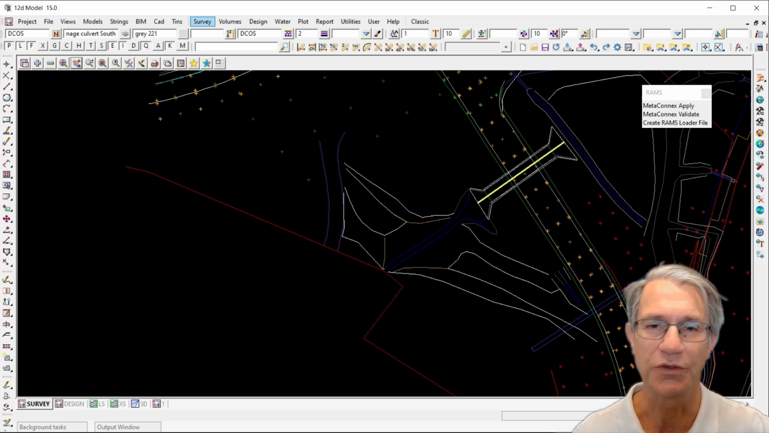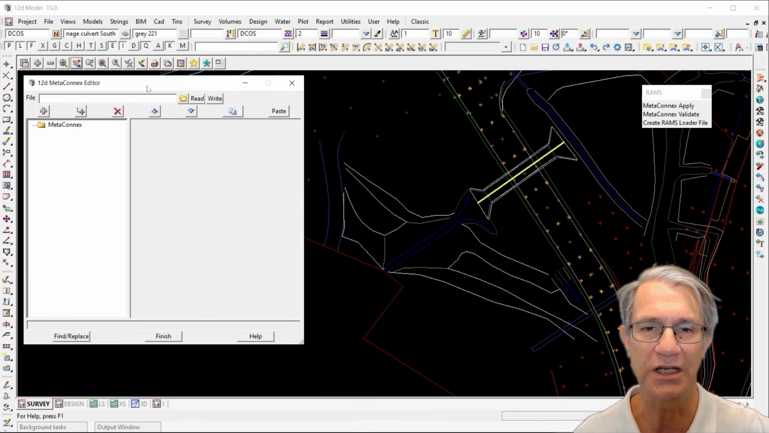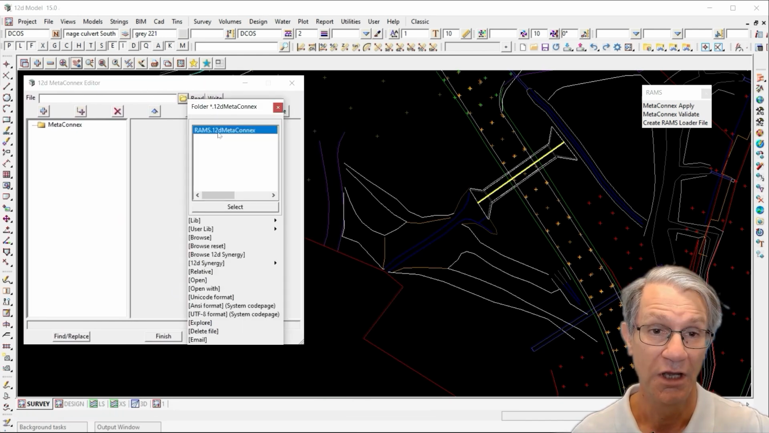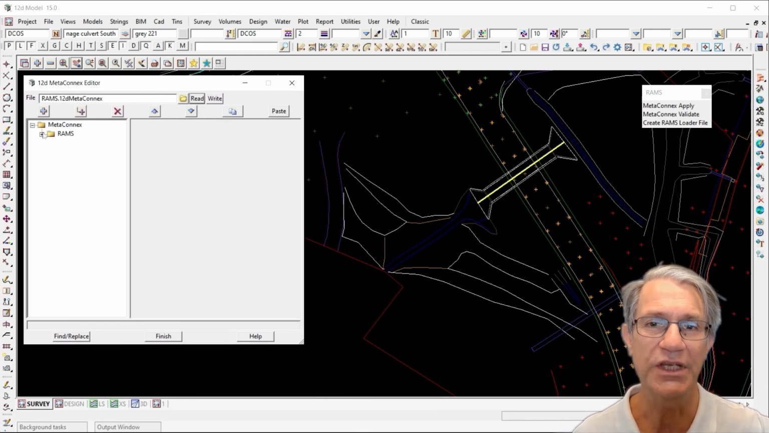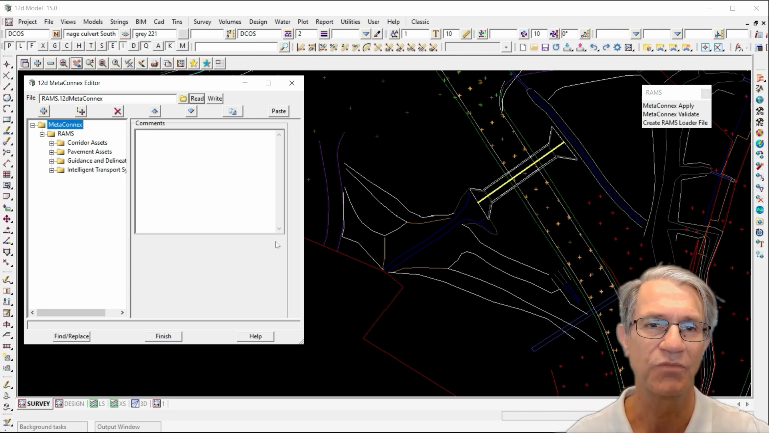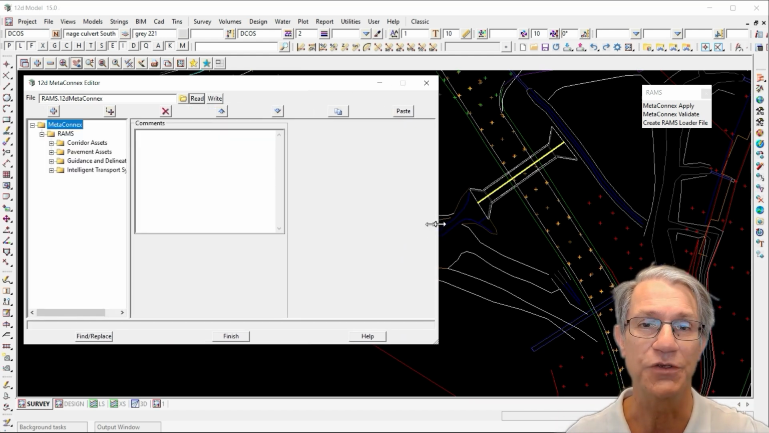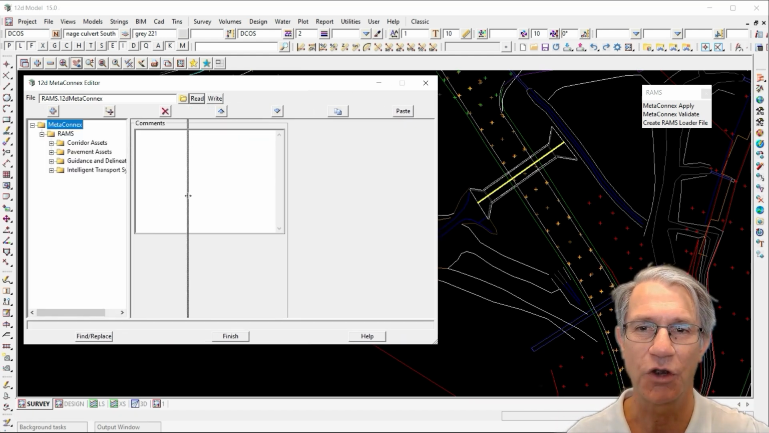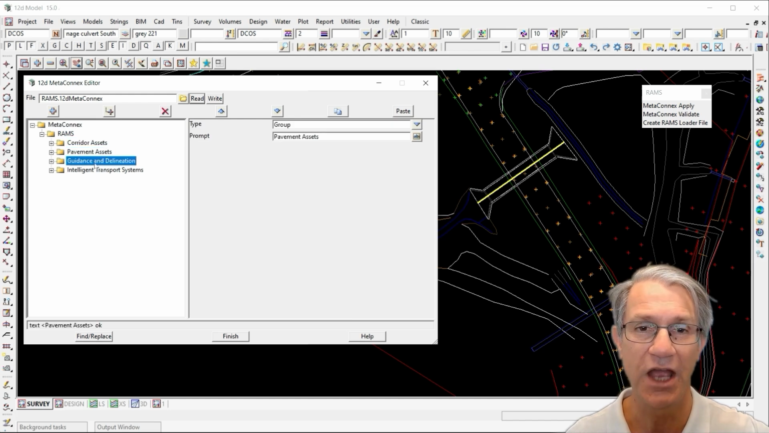Let's start off by taking a look at the business rules stored in the MetaConnex file. Okay, so this is the MetaConnex file. These are the business rules for RAMS. And if you recall, when I showed you the spreadsheet, it had corridor assets, it had pavement assets, guidance and delineation, and intelligent transport systems. Well, surprise, we have the same classifications in the RAMS